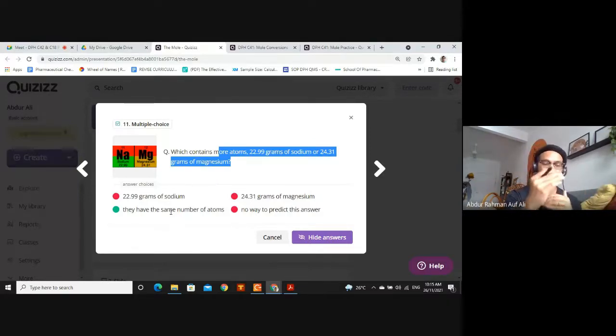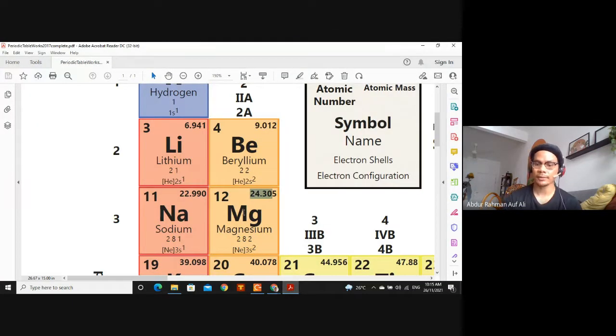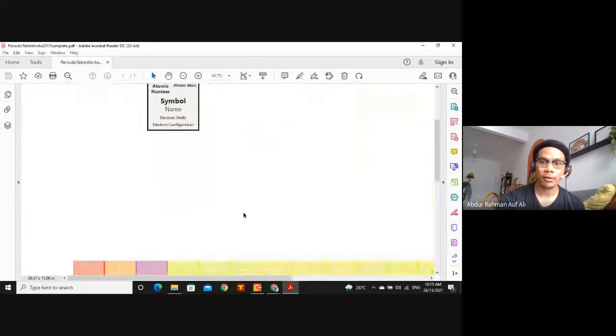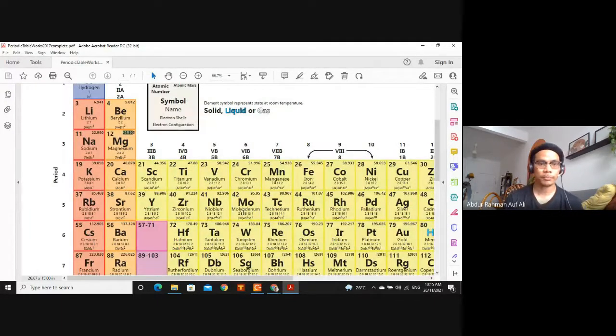Kalau dua benda, if two things, they have the same number of moles, therefore it has the same number of atoms. So all the atoms or all the elements yang ada dalam periodic table ni, they all are 1 mole. Potassium 1 mole, calcium 1 mole. We're talking about periodic table ni. So in this periodic table, kalau berat dia 39.098, untuk potassium ni,